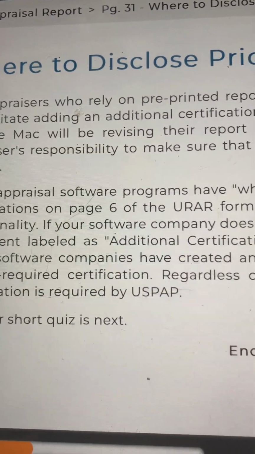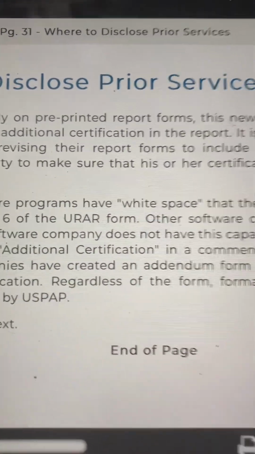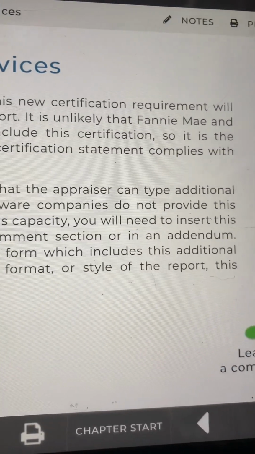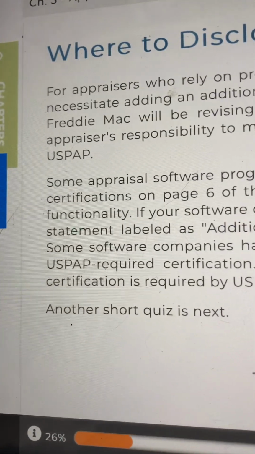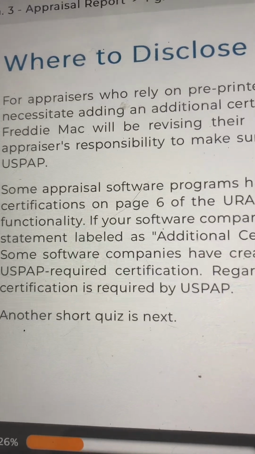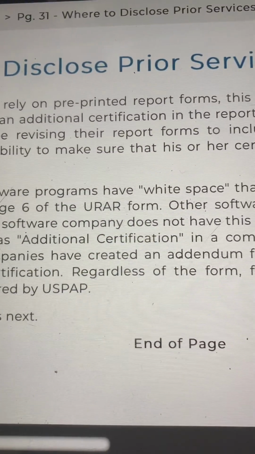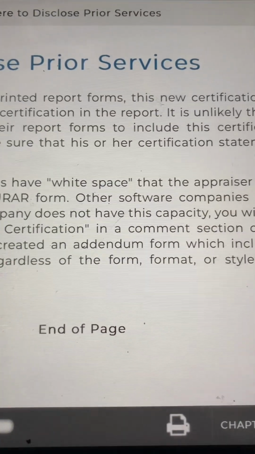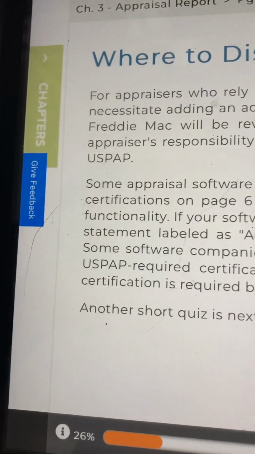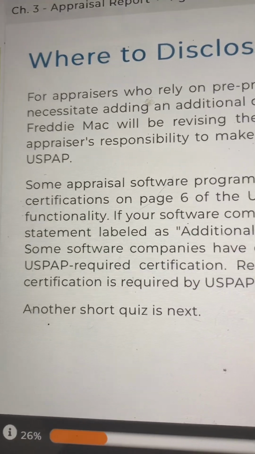Some appraisal software programs have white space that the appraiser can type additional certifications on page 6 of the URAR form. Other software companies do not provide this functionality.